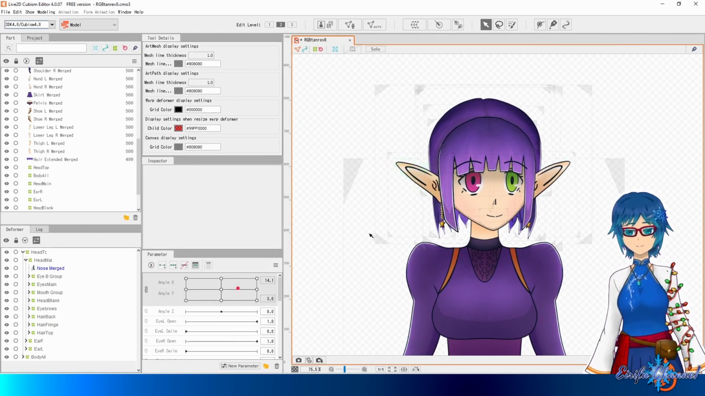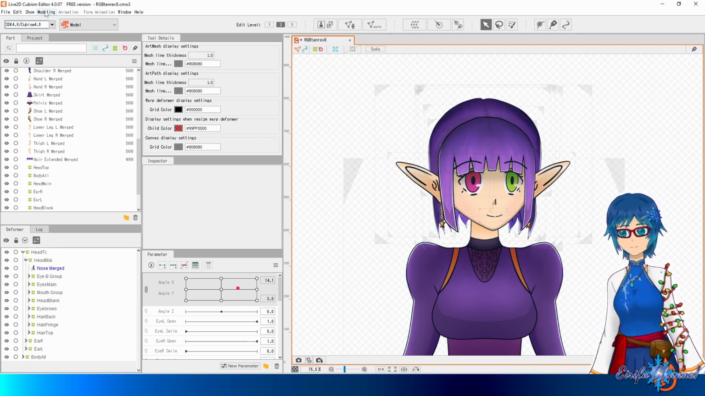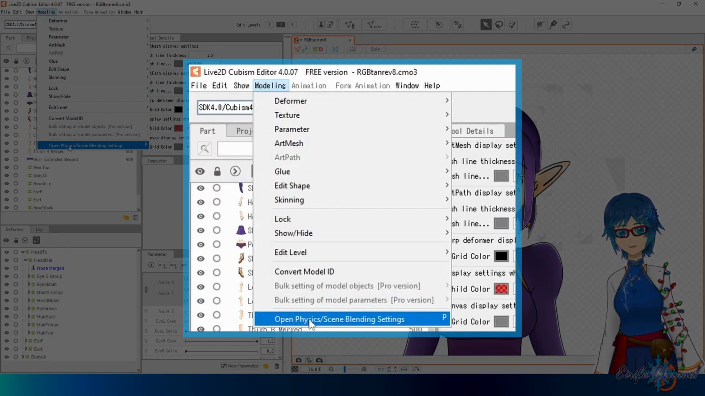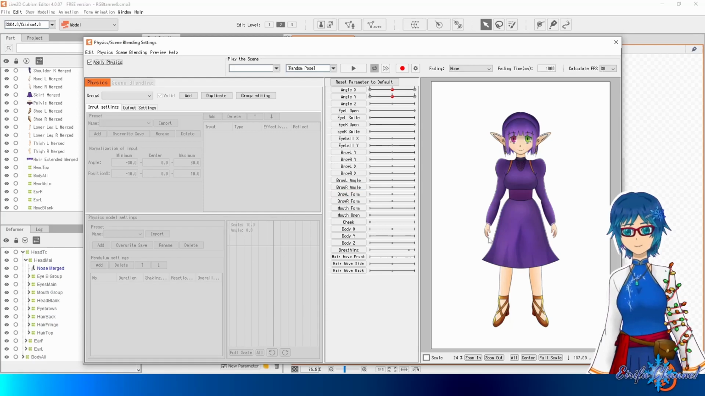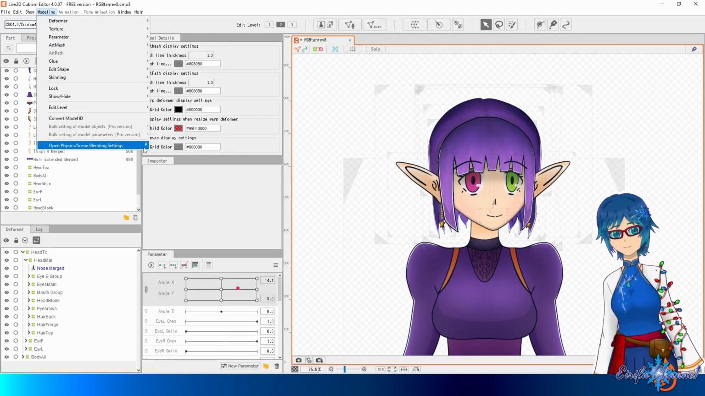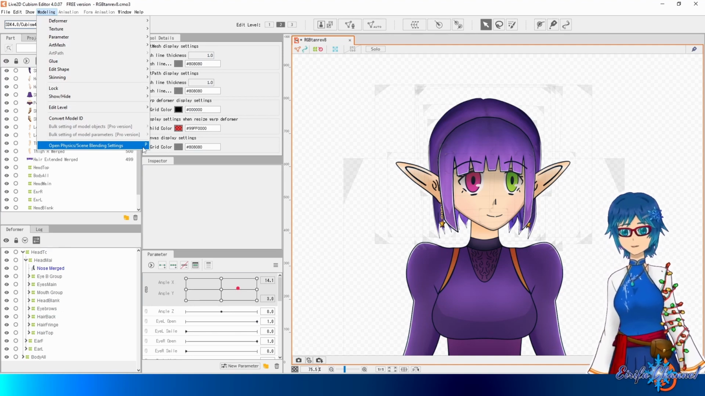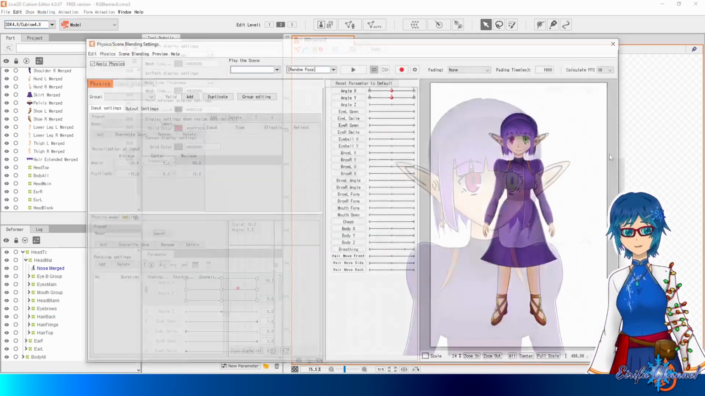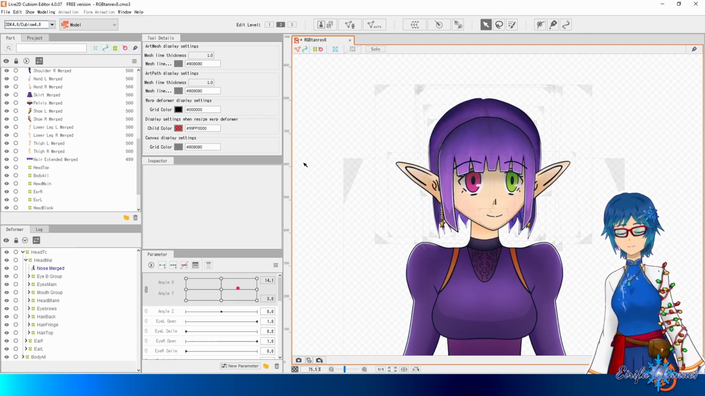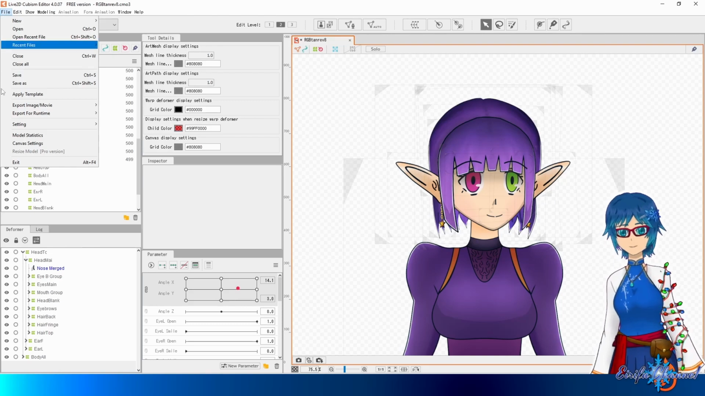And the way you do that normally is to go up here to the modeling tab and just open physics scene blending settings. And that's the way that you would normally do it. But you can see there that I've already assigned the letter P to it to open this by just hitting my keyboard, which isn't a thing by default in an unconfigured version of Live2D. So to set that,